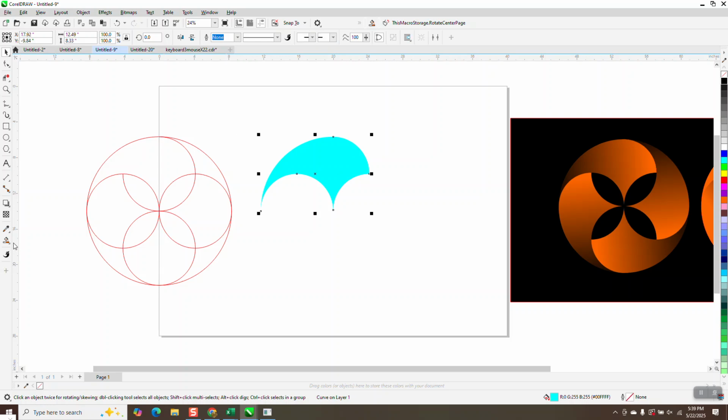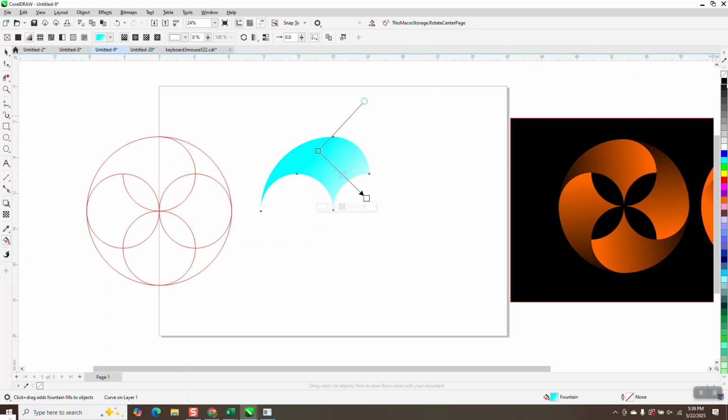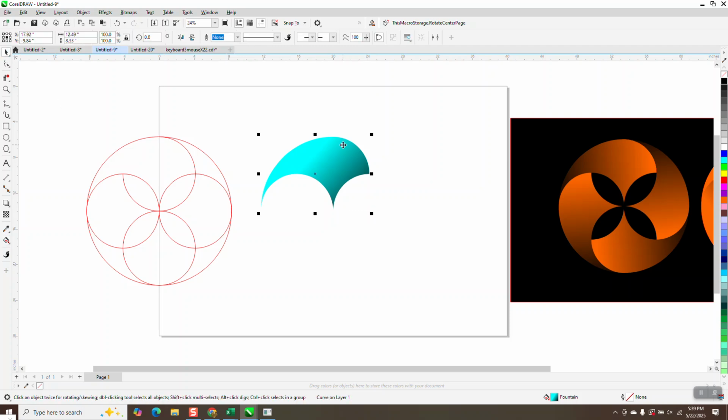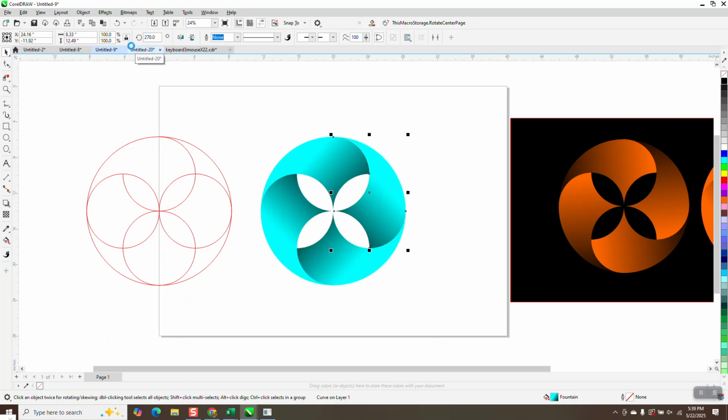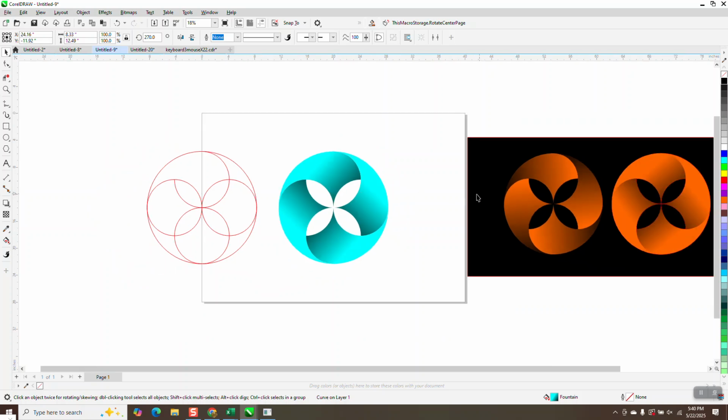I'm going to do the same thing now. I'm going to take my interactive fill tool and put a little darkness there. Maybe not quite that dark. Then I'm going to Control D, Alt C, which is my hotkey to rotate it, and rotate it 90 degrees. Control D, Control D. Now you could fill in the flower looking thing, but if we take our black box,